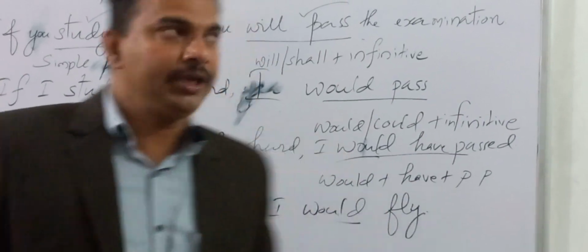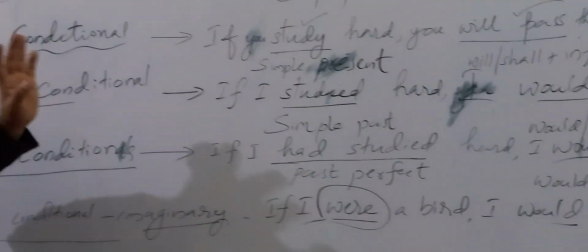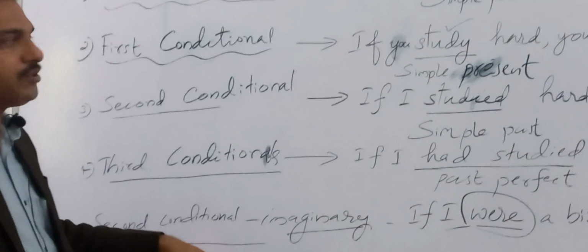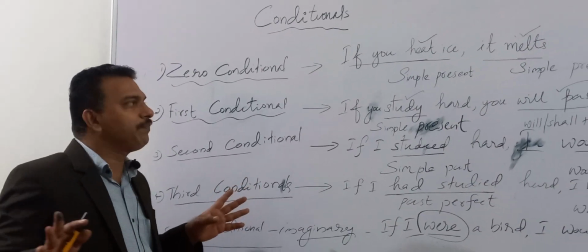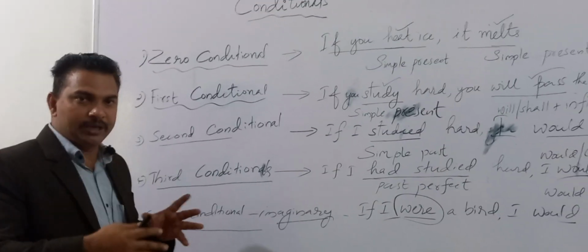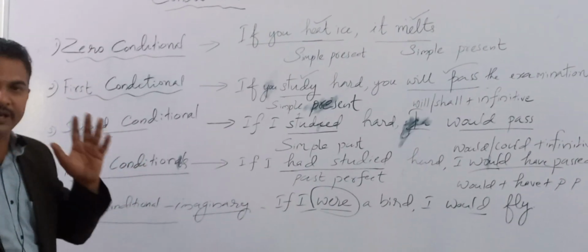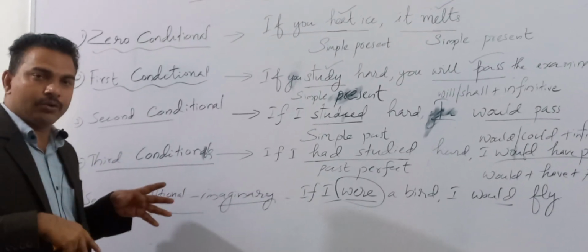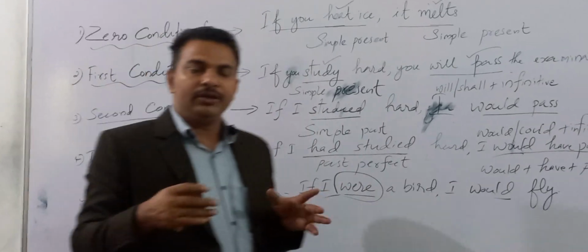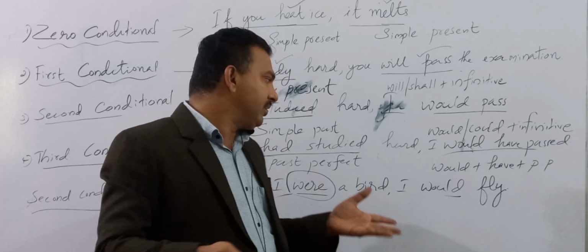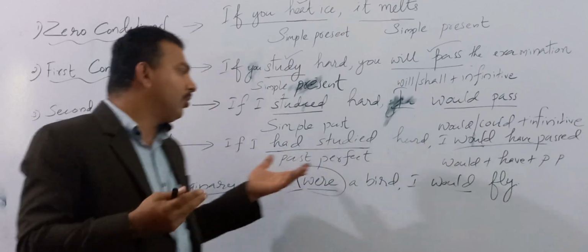past participle. Okay, so I would like to tell you once again, there are four conditionals, among which the second conditional has two forms. The zero conditional is used to show an action which is universal in nature. There is no other result, given the cause, that is the only result. In the first conditional, the probability or likelihood is almost certain. If the given cause is there, the given consequence will be the result. In the second conditional, it is already done: you haven't studied, and you failed. And in the third conditional, you haven't studied and you feel remorse, a guilty feeling about what you have done,